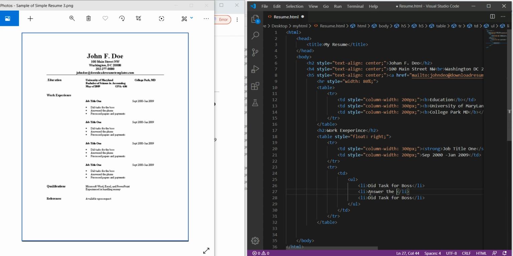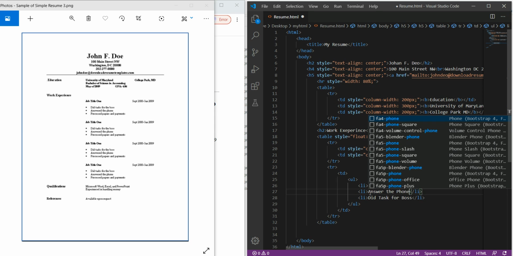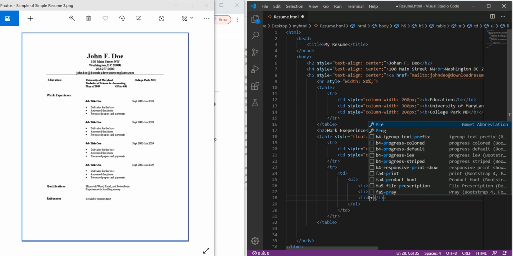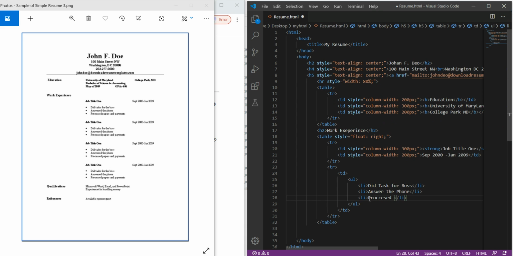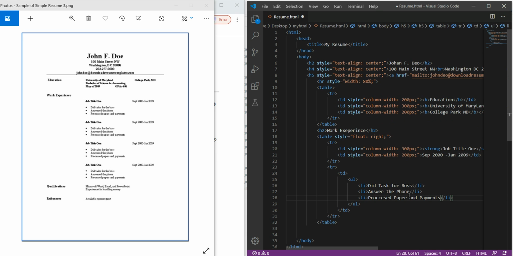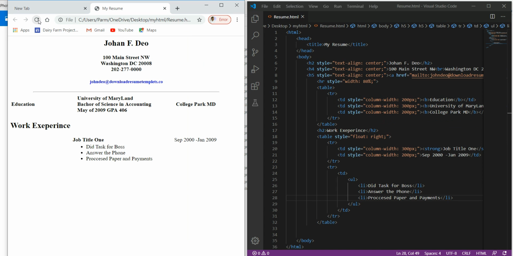That is the second task he performs, and here he has written processed paper and payment. Okay, so this way we created the list. So save this, control H, save this, and go see the changes, refresh it over here.